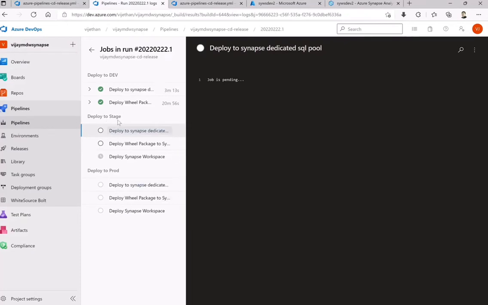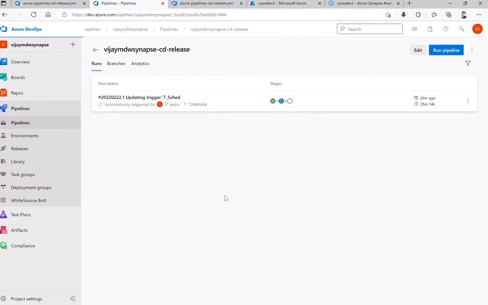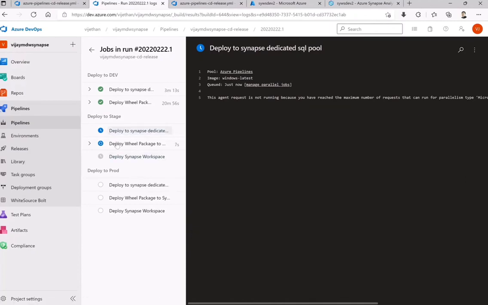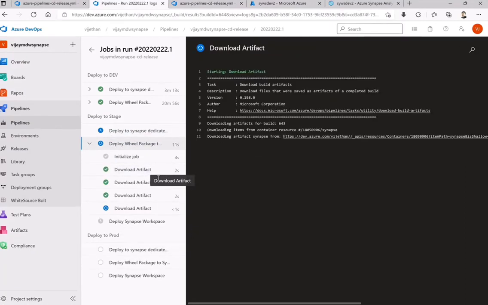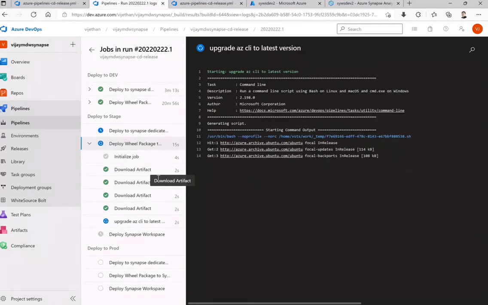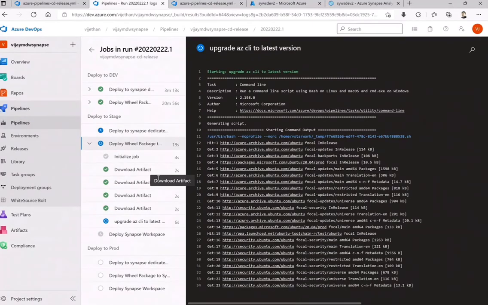So let's see, once it fetches the machine, it should get started. It started with the wheel package. So this will again take 20 minutes of our time. But now this is happening at staging.